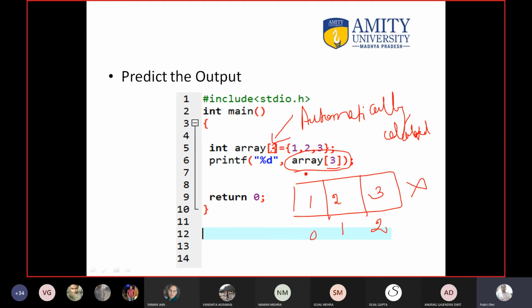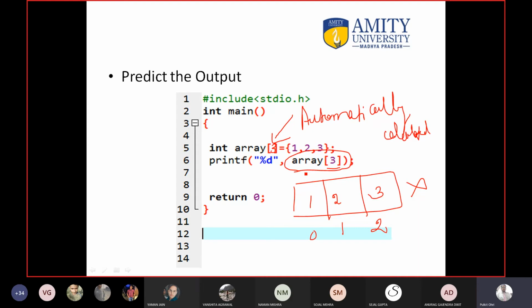If the size of the array is 4, then you know 0 is printed. But here the size is only 3. Now there is nothing called the 4th location. The last location is 2 because from 0 to 2, 3 numbers are there. There is nothing called arr in the bracket 3. Array in the bracket 2 is the last position. So if you write array 3, some random value that is present in the RAM gets printed on the screen.